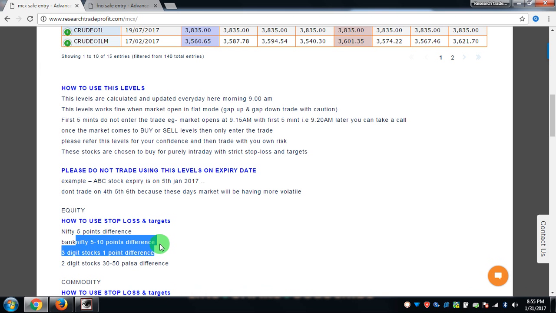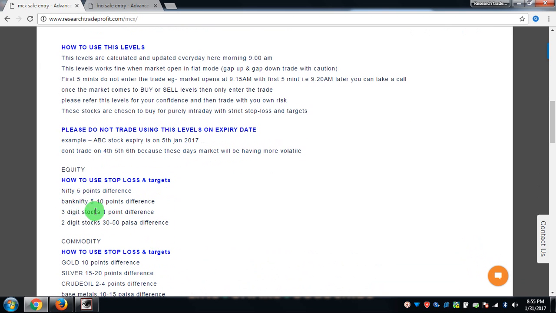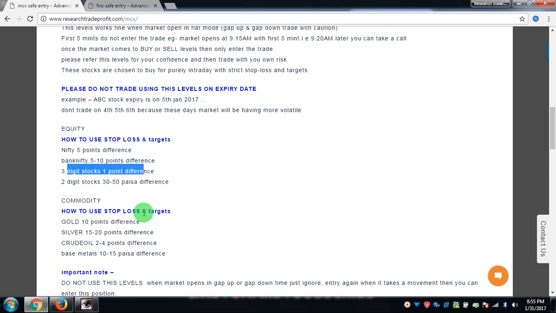Same way in Bank Nifty, 5 to 10 point difference, and for 3 digit stocks, that is cash market stocks, that is intraday cash stocks, not in futures, in cash stocks, you have to keep at least 1 rupee difference in the buy and sell entry levels, because in the cash market sudden up and down may happen. So 1 point difference in 3 digit stocks in cash, whereas in futures you can put a 30 to 50 paisa difference, and in cash stocks, suppose 2 digit stocks, you have to keep a 30 to 50 paisa difference in the stop loss,